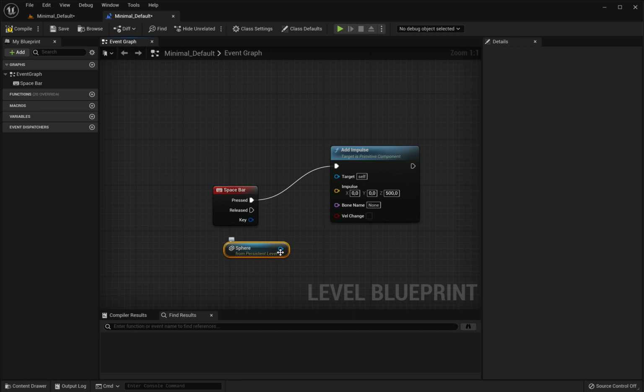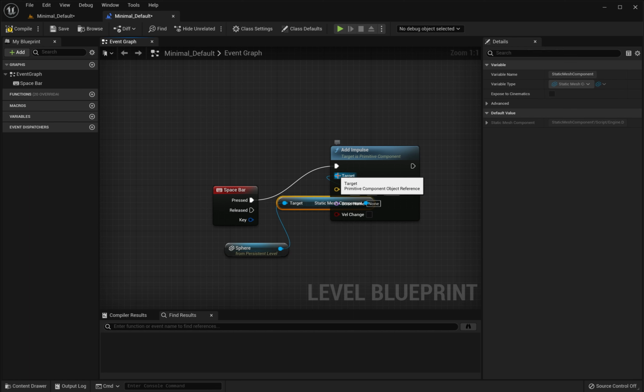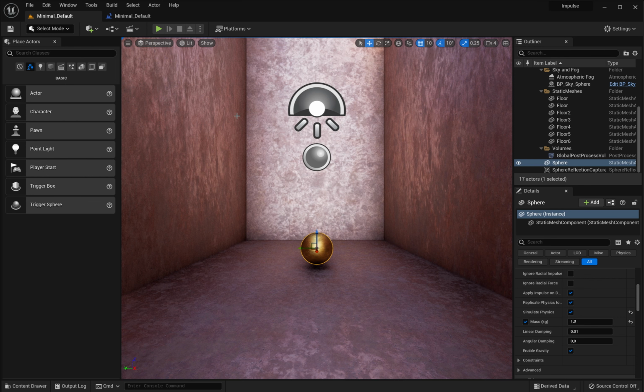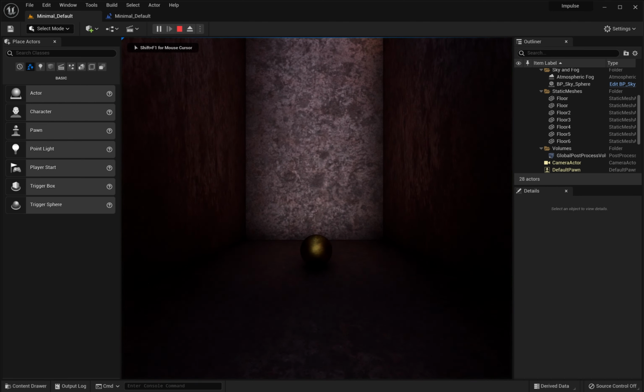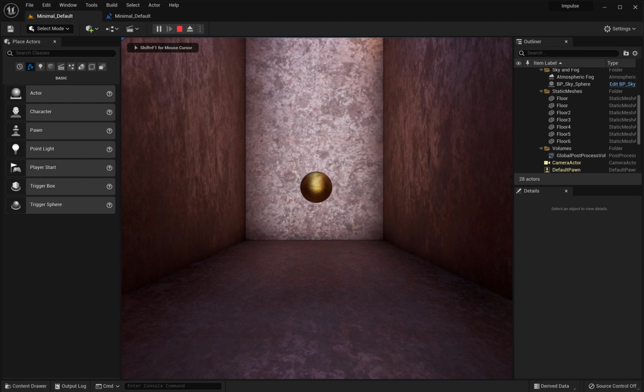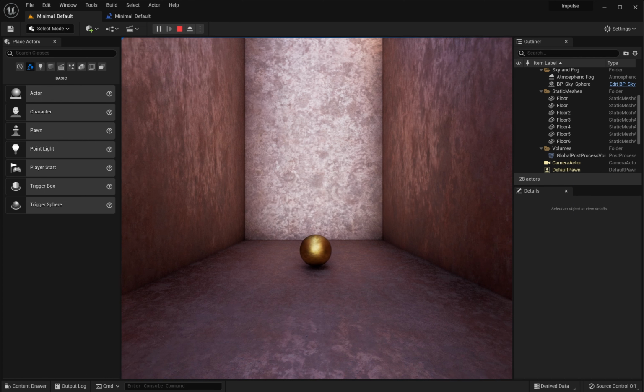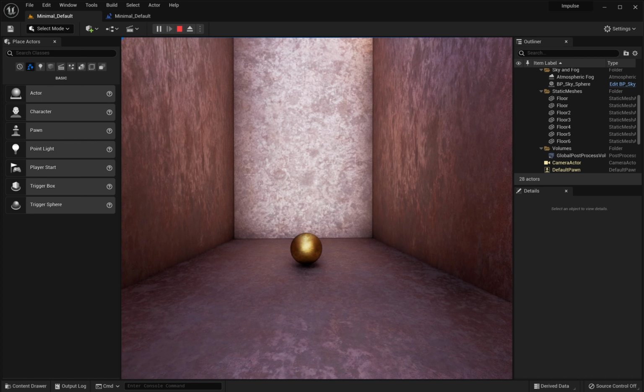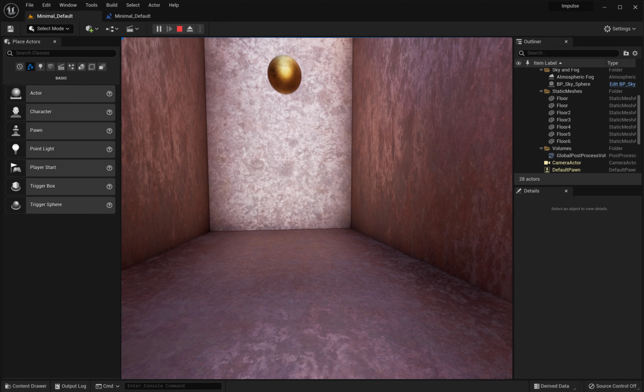Of course, we need to connect these two nodes, compile, save. Okay, that should work. Let's check. I hit the space bar, everything works. Okay,